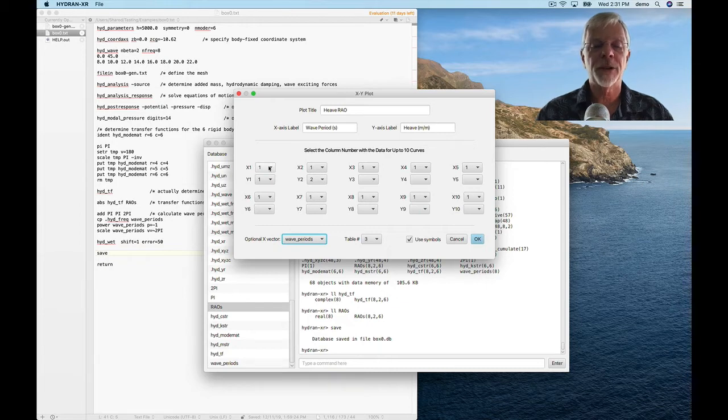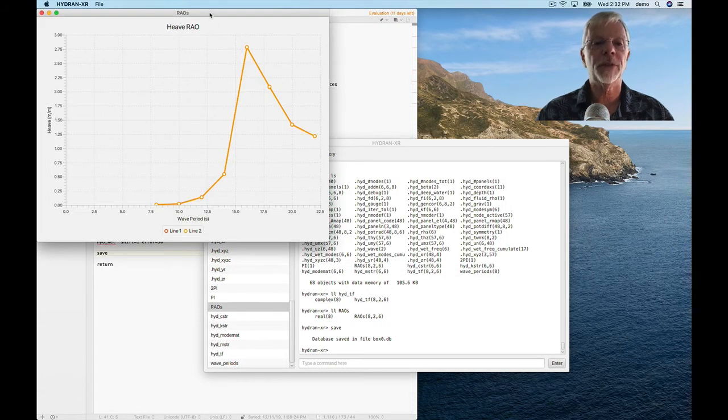So this allows us to use an X that's in the array that we're plotting, but that's not what's happening. We're using a different vector for our X values. And so that's for heave, and we can,